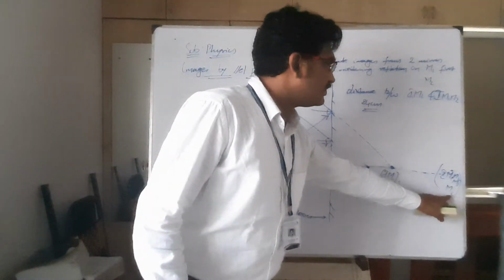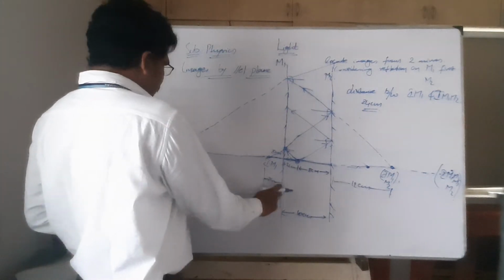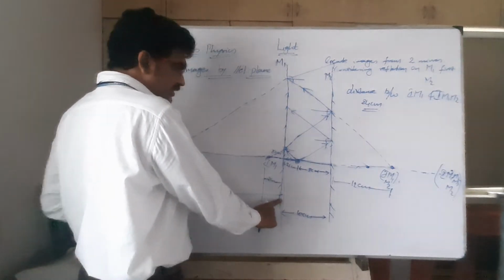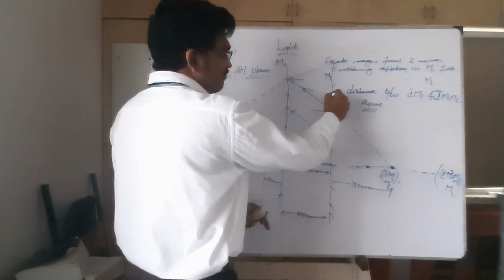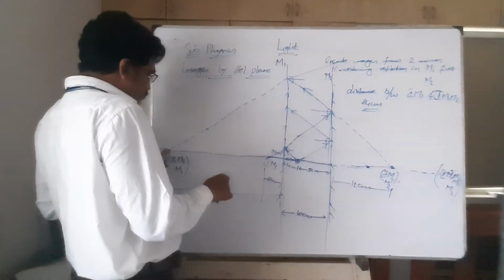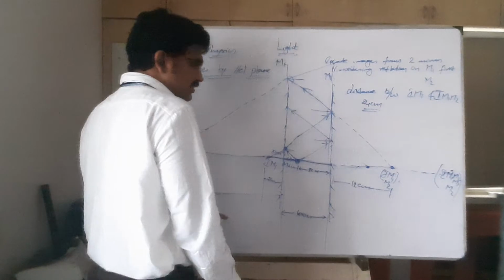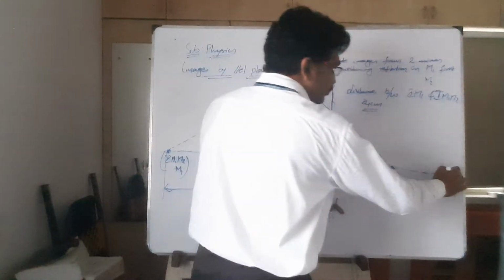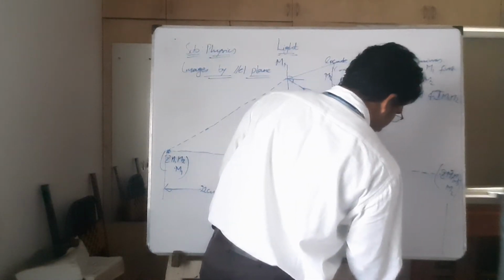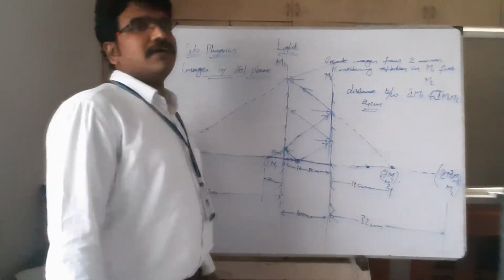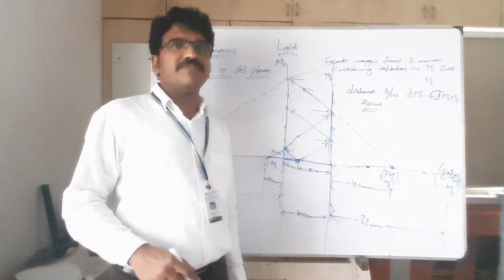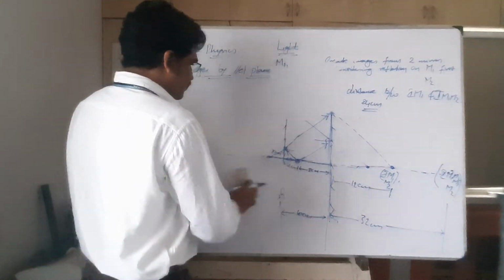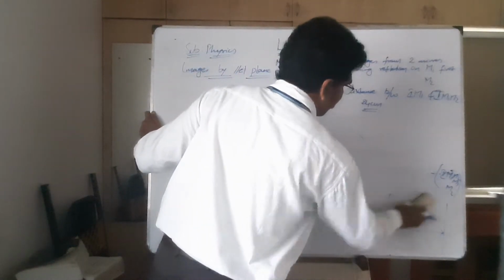Similarly, you can tell at what distance this one is. You can say this point is the image of this object. Now what is this object? 22 centimeters plus 10, 32 centimeters. So from this mirror, this point is 22 plus 10, that is 32 centimeters. From this mirror, this point is at 32 centimeters. So this point also will be 32 centimeters. Like that you can calculate the distances between the images. Very simple.